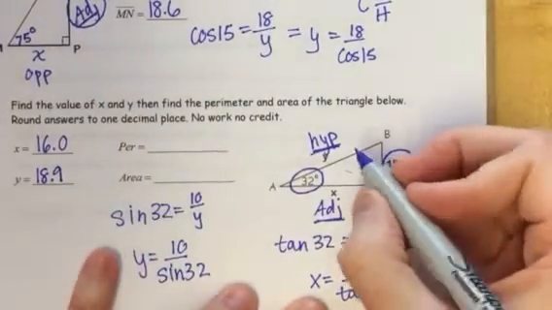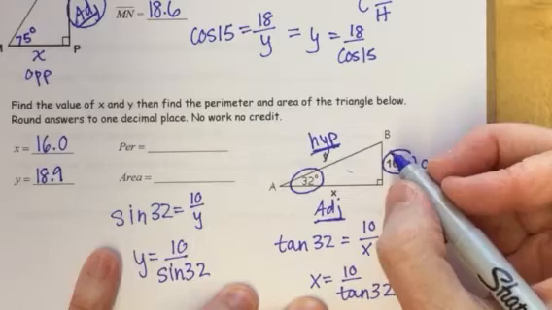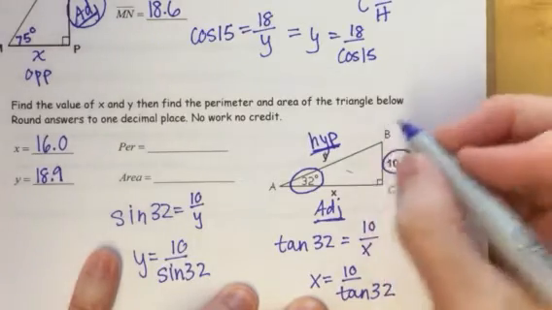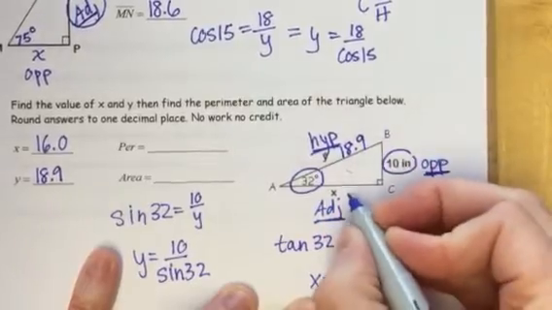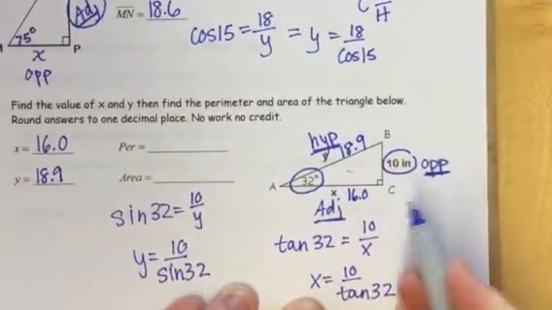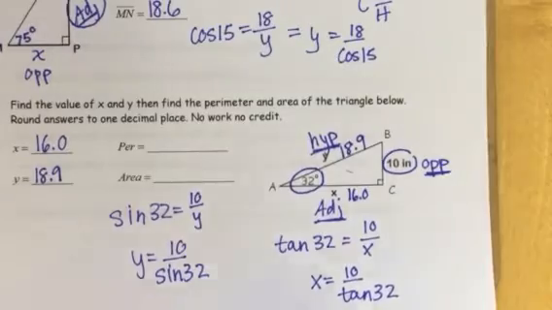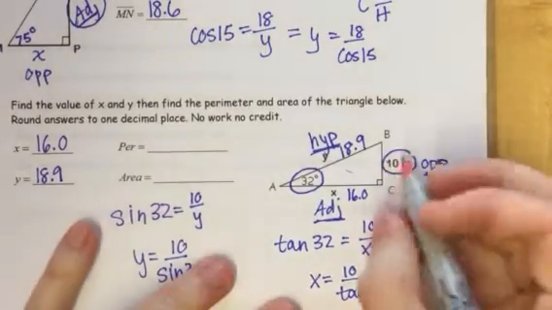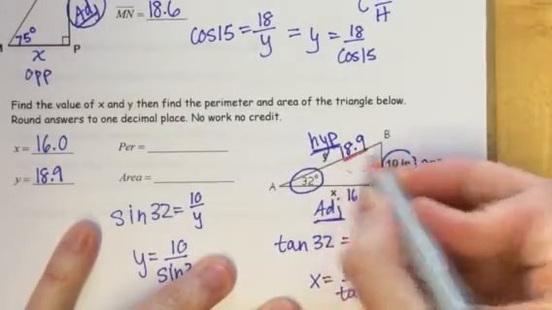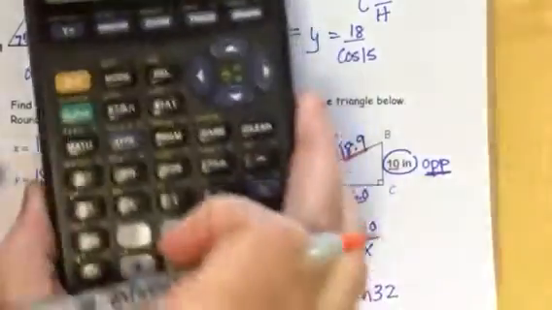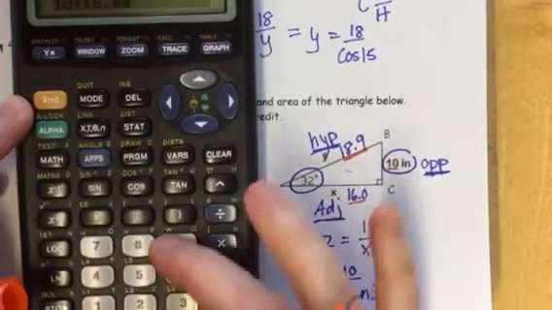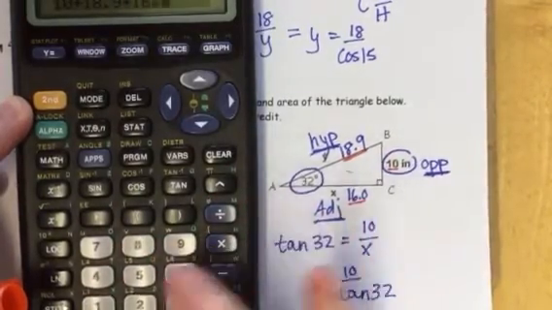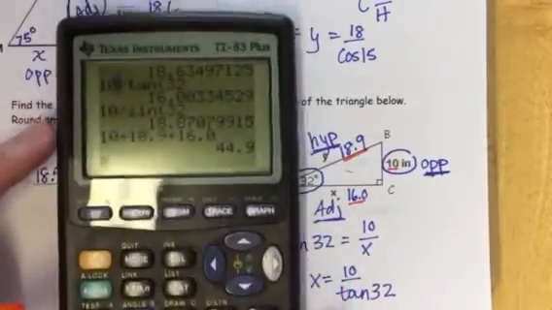Okay, let's use those pieces of information to see if we can find the perimeter and the area then. So y we said is 18.9, x is 16.0. To find the perimeter, I'm going to add the 3 side lengths together. So I take 10 plus 18.9 plus 16.0. 10 plus 18.9 plus 16.0, and I got